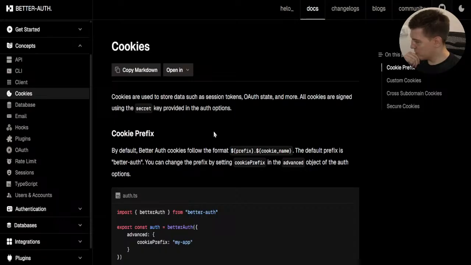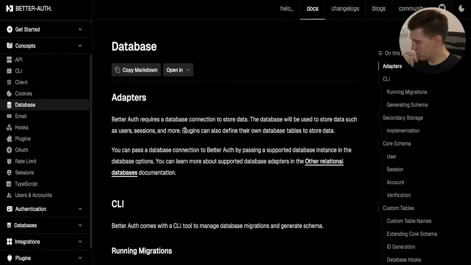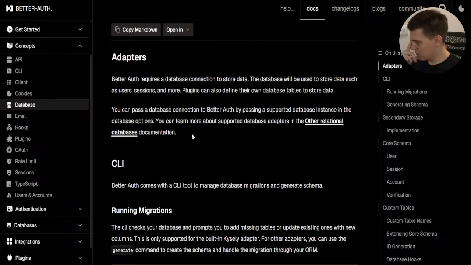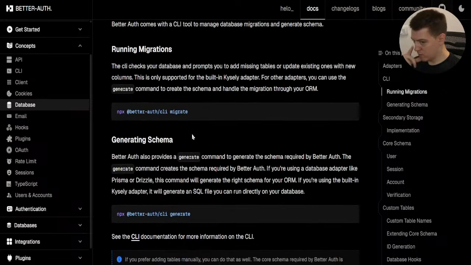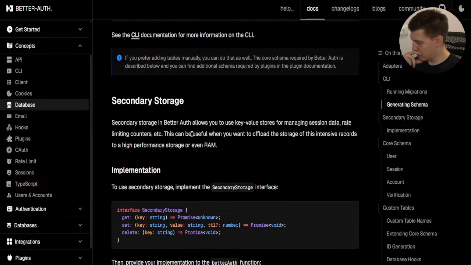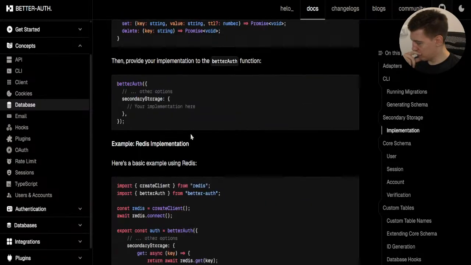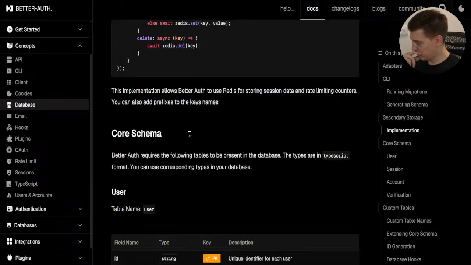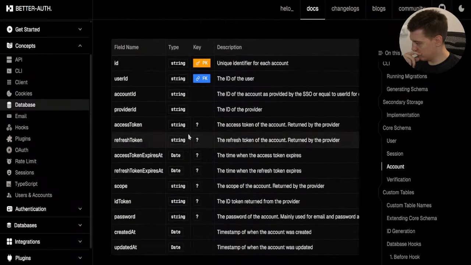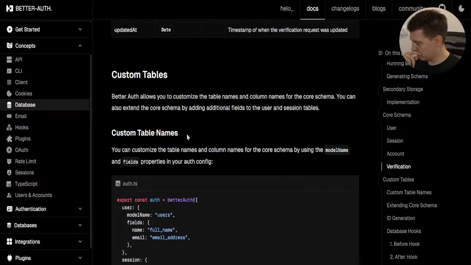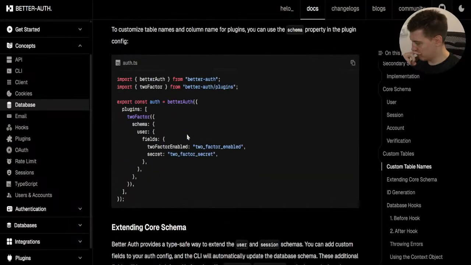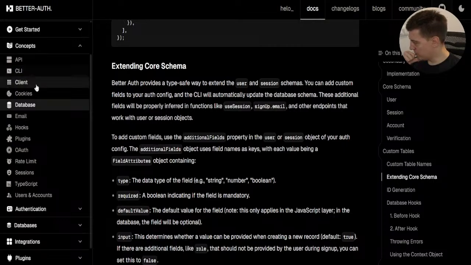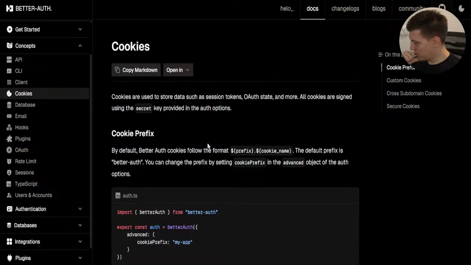Cookies are used to... Okay, well this seems fine, but